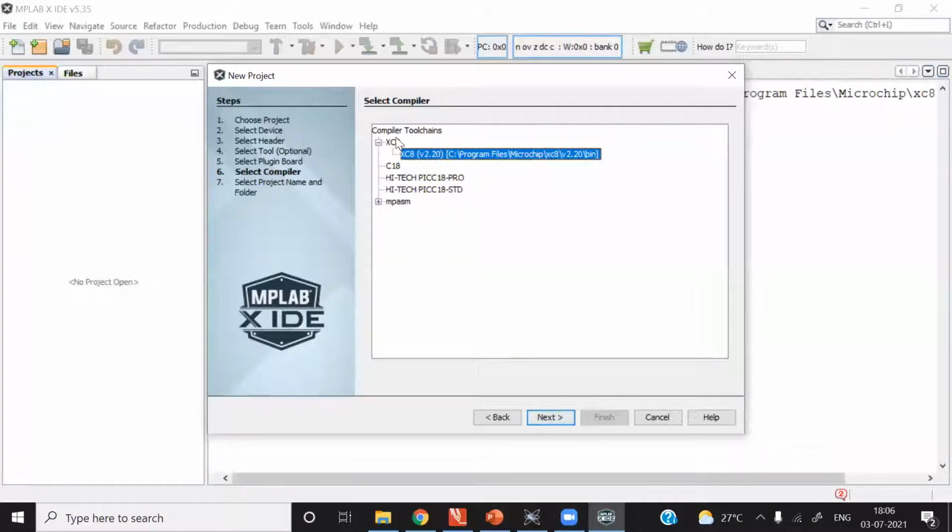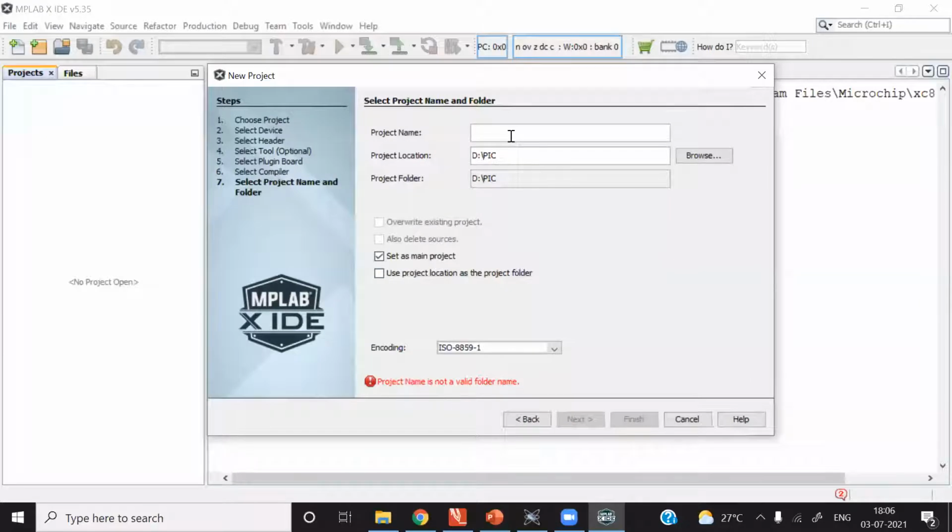This compiler must be installed. If you do not install the XC8 compiler, it will not show up here. So once you install MPLAB X IDE software, after that the XC8 compiler must be installed on your computer. After selecting the compiler, click the Next button.